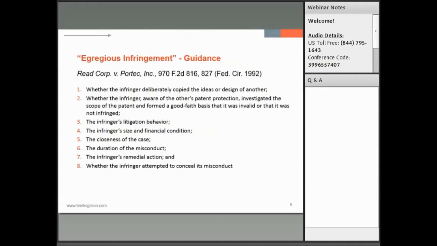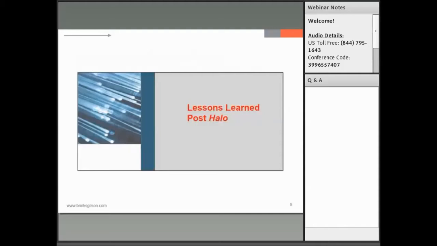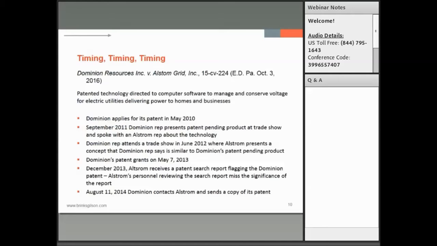We'll see in the cases that I'm about to discuss, there's this constant pull back and forth between willfulness and egregiousness, and enhanced damages. And just because somebody may be found to have willfully infringed doesn't necessarily mean that enhanced damages are always warranted. So with that in mind, let's look to a couple of cases. And as you can tell by the title of the next couple slides, timing is going to become very prevalent in this. In the Dominion Resources case, it was undisputed that defendant was aware of the patented technology prior to